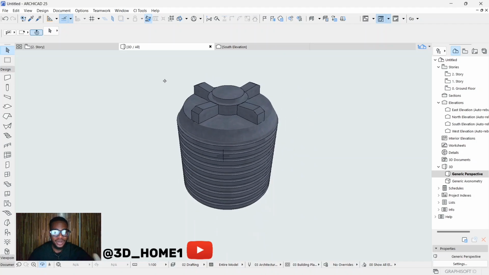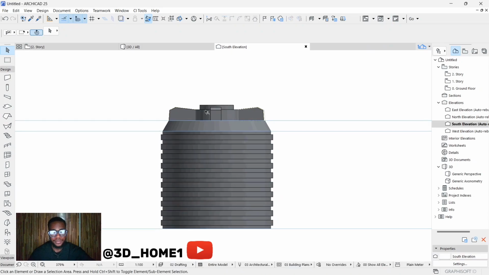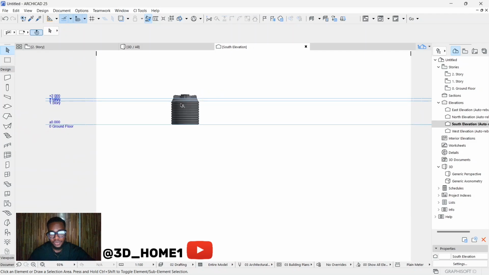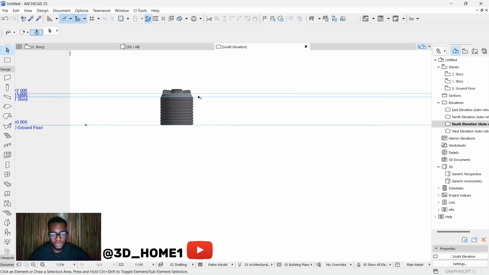The first thing you have to understand is setting levels, how to set your levels in elevations so that they match this particular height and also the width. If you check your south elevation, you see that the first one is the body, from here to here, and then we have the neck before the top side. From this ground line to this first one is